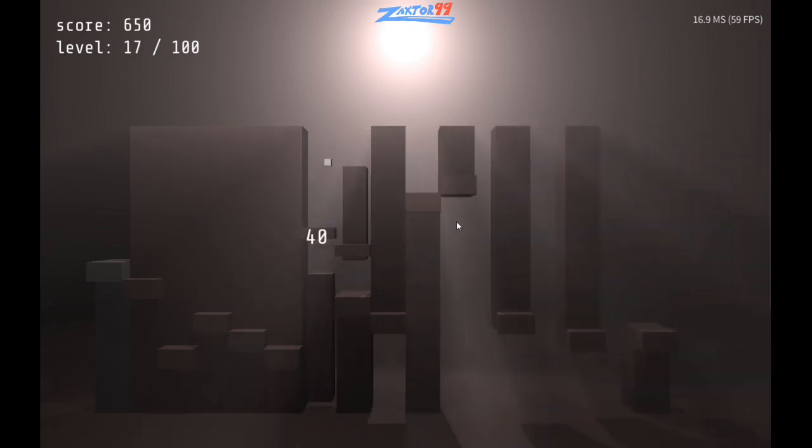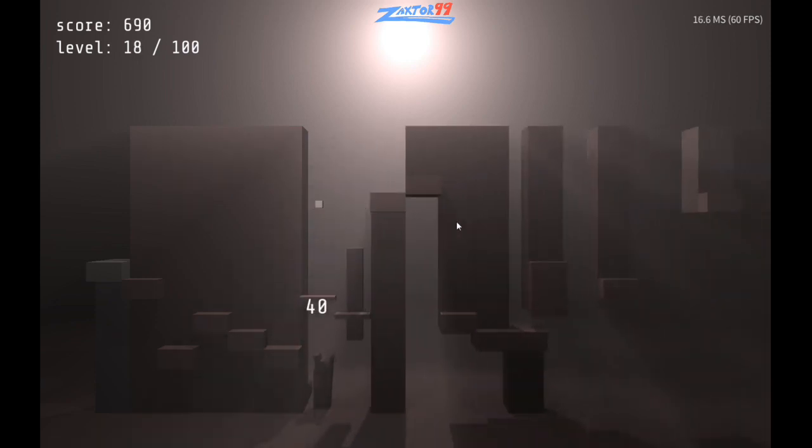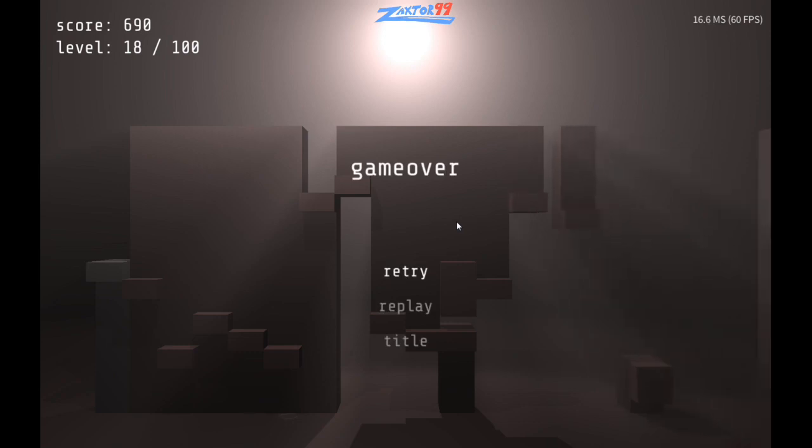But as you see, these blocks kind of come together. I think it's an ingenious design. I can honestly say I've never quite played a game like this. So for that, it's very, very cool.